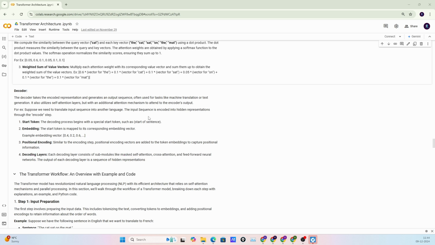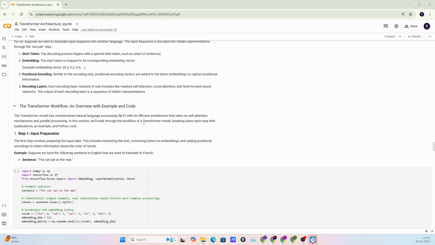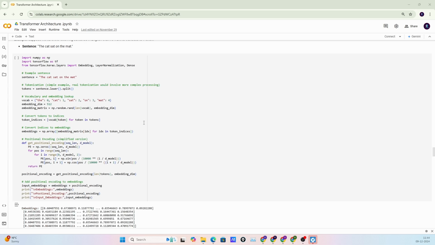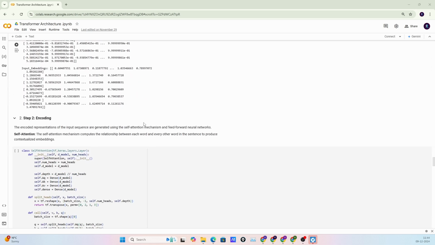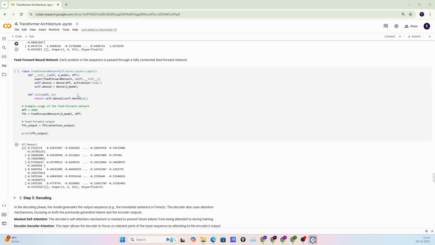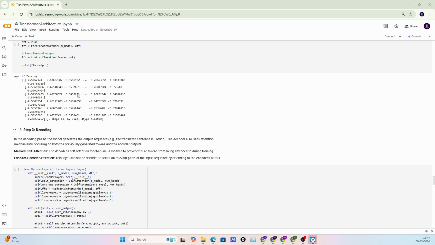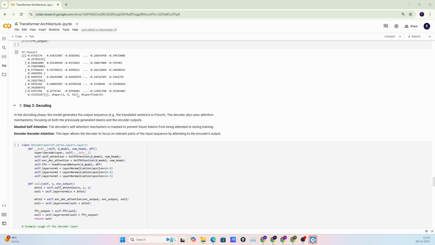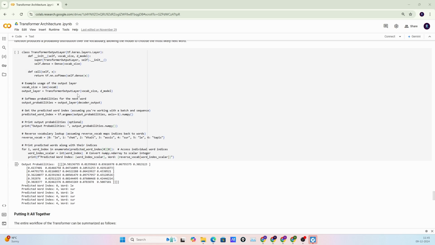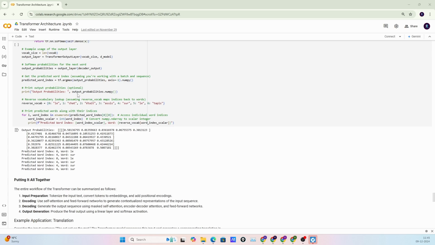As you see, the main part behind the transformer architecture is the attention. After this I will explain each step in the code part also. I intentionally write all the code in Python, but in real time there are certain libraries. You just need to load the foundation model, and then you can fine tune it, or you can develop your RAG system or multi-agent RAG system. So you can use the foundation model in real time, but here I intend to explain each step. I will use the Python part in my next video. These things I will cover in my next video.